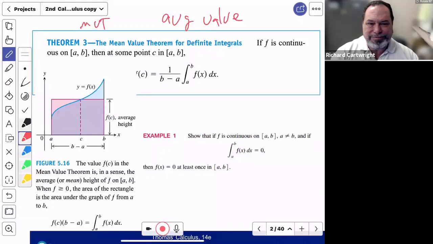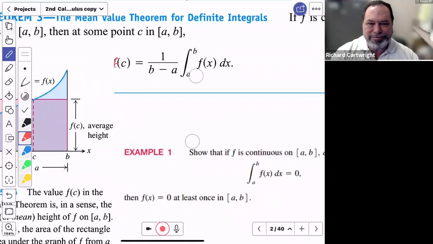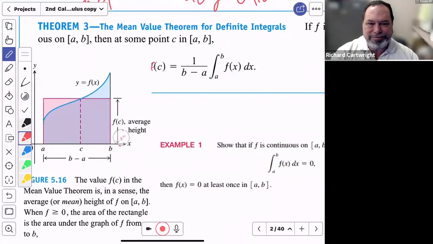So a lot of times if they want to use the words mean value, they'll say mean value theorem for integrals, which is what he did here. That we can find a C, f of C, because if I'm going to make that line, that's actually a line, and I'm finding the C value where f of C is at height. Anyway,